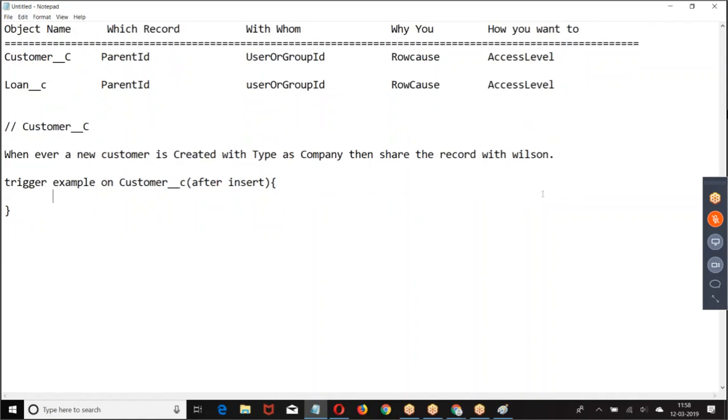You're supposed to create a class, public class example.